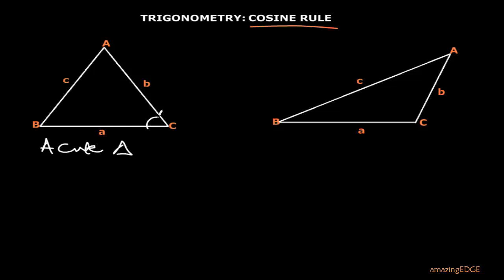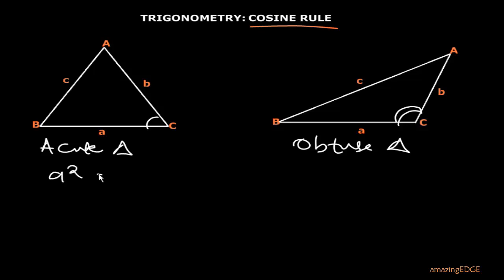Then here you see we have an obtuse angle, so we can call this an obtuse triangle. Whichever the case is, none of them is a right angled triangle. So cosine rule is also used when dealing with a non-right angled triangle. So we want to develop the formula for finding any of the sides or any of the angles using cosine rule. In any of these two triangles, either the acute triangle or the obtuse triangle, you have